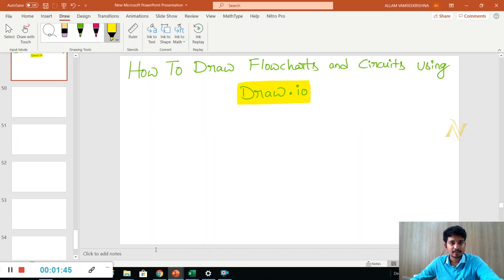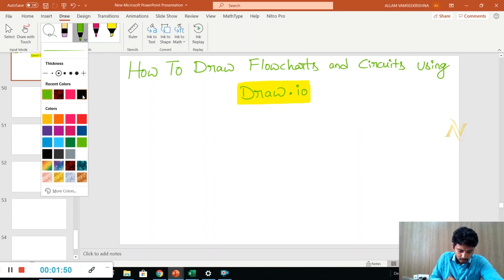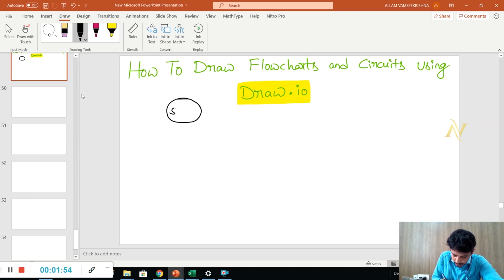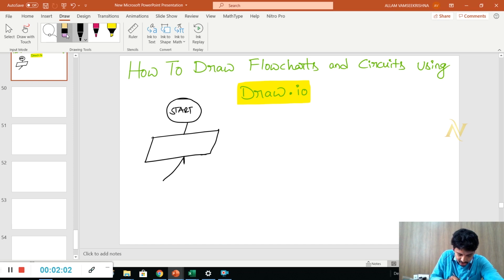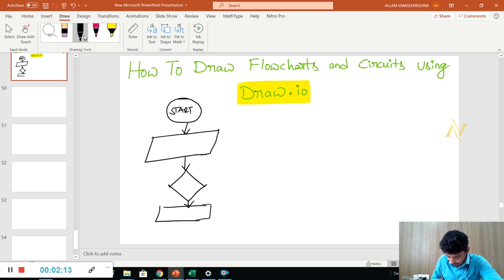Now open the total file, in edit file format. Suppose I want to draw a flowchart: there is a start, then some data we want to read, and then some decision, then again data, then a stop.